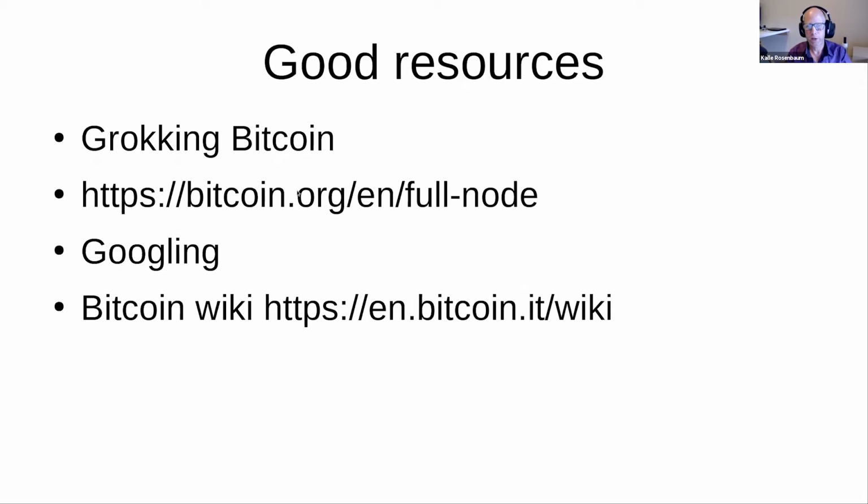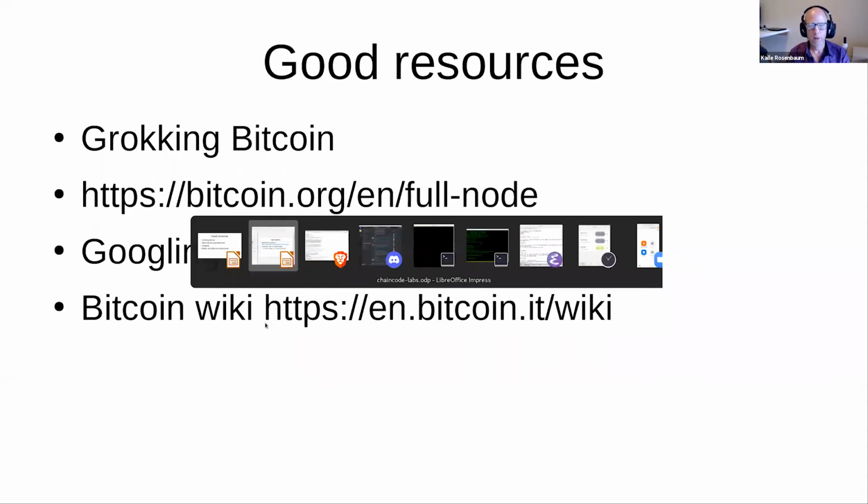This is also in the instructions, these resources. So I just mentioned them here too. Some good resources that you could use for the labs is, of course, my book, Grokking Bitcoin, and Bitcoin.org has a very nice tutorial for how to set up your own full node. And it has specific instructions for different operating systems, one for Mac OS, one for Windows, and one for Linux. So this is really good, and I encourage you to look that up. Of course, Googling. And there's a wiki called, well, I call it the Bitcoin wiki, but it's a very